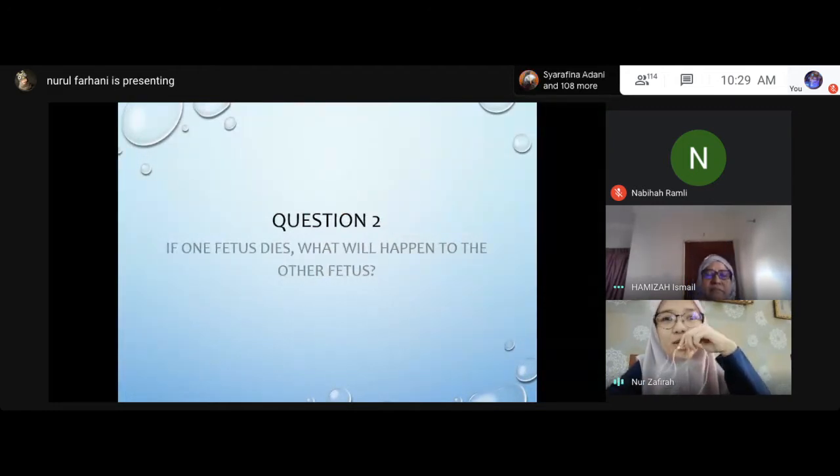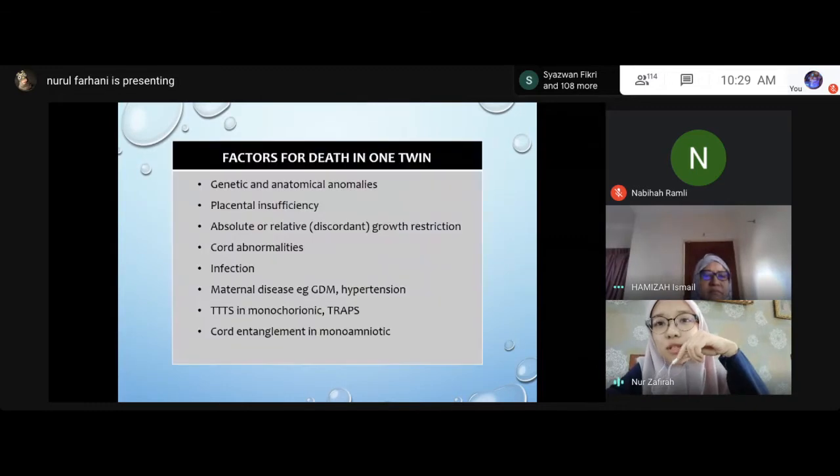So the next question is, if one fetus dies, what will happen to the other fetus? I have included the factors for death in one twin. However, these factors I supposedly should have divided into MCDA, DCDA and MCMA, but I didn't remember to do that before, so I just list them out. The first one is genetic or anatomical anomalies of one twin, as well as placental insufficiency, absolute or